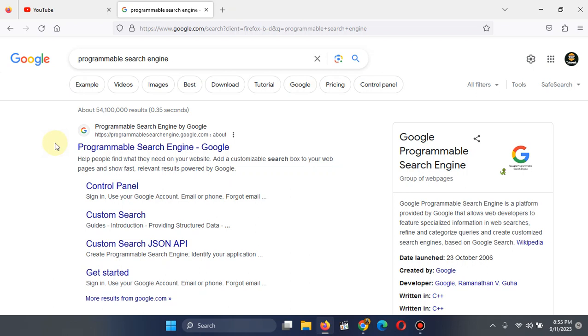However, some of my students who tried to create it manually yesterday night through this programmable search engine complained that if you create it manually, you won't be able to monetize it. So I think what is happening now is that if you create it manually, Google will not put adverts for you over there. And if they don't put that advert for you, you may not really be able to earn with it.